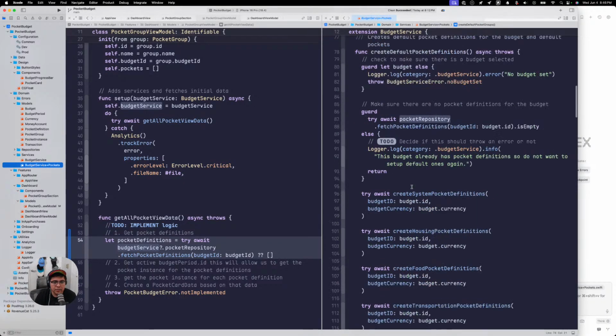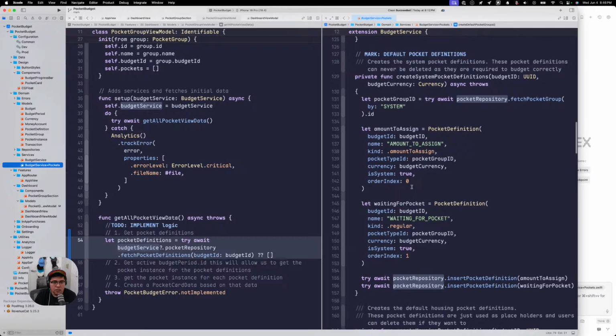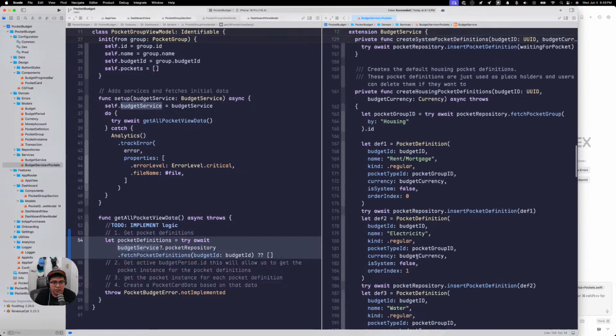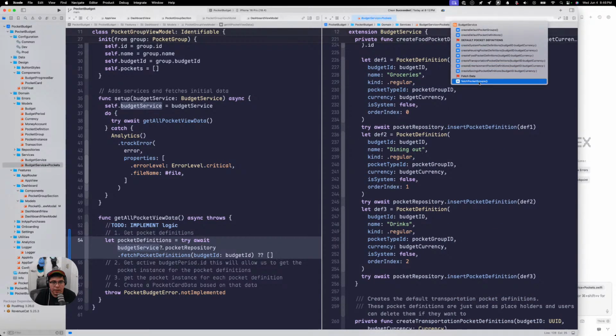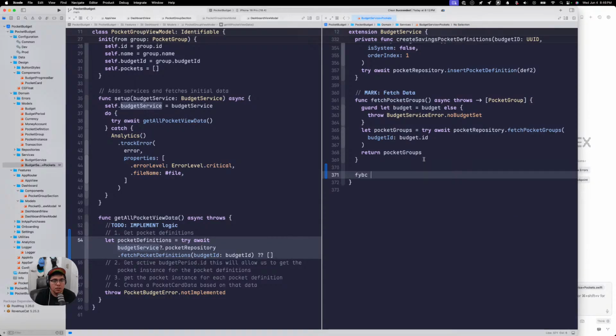So here's the pockets. That's going to be more default creation. Where do we have pocket groups. Func fetch pocket definitions for group ID. So you want to use the group ID. And I think that's it. Because everything else will come from